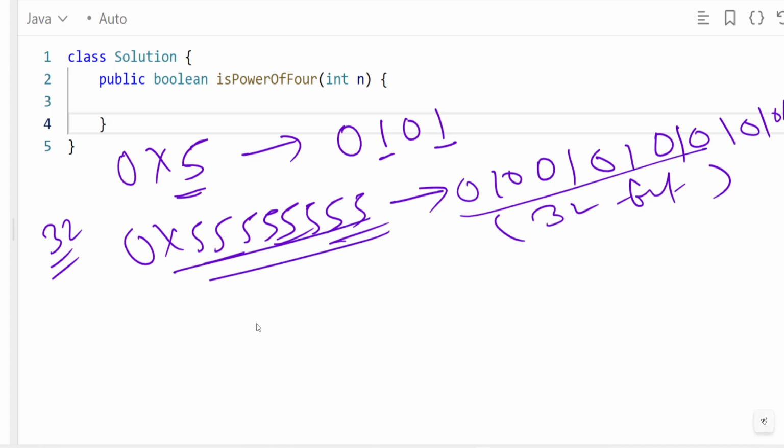What we need to do: in the pattern, bits at even positions are 1 and bits at odd positions are 0, right? We have seen that even will be 1 and odd will be 0. So for each bit, if we take the position index, for example,